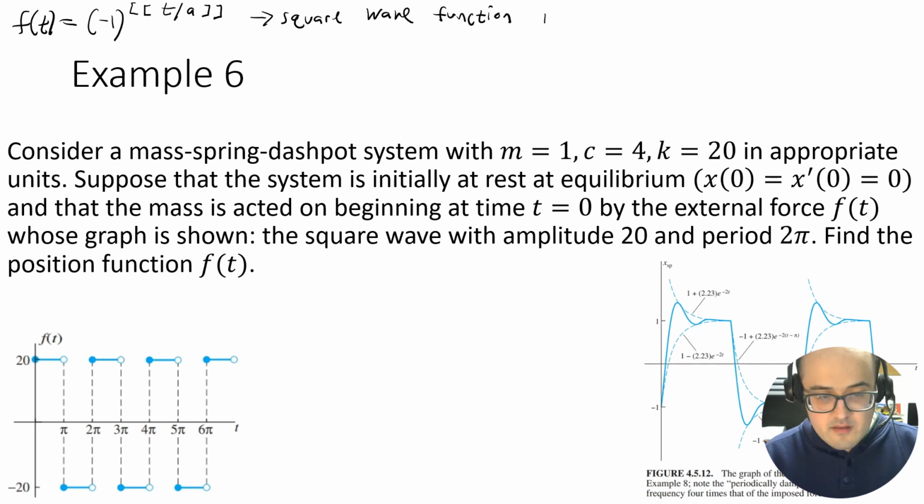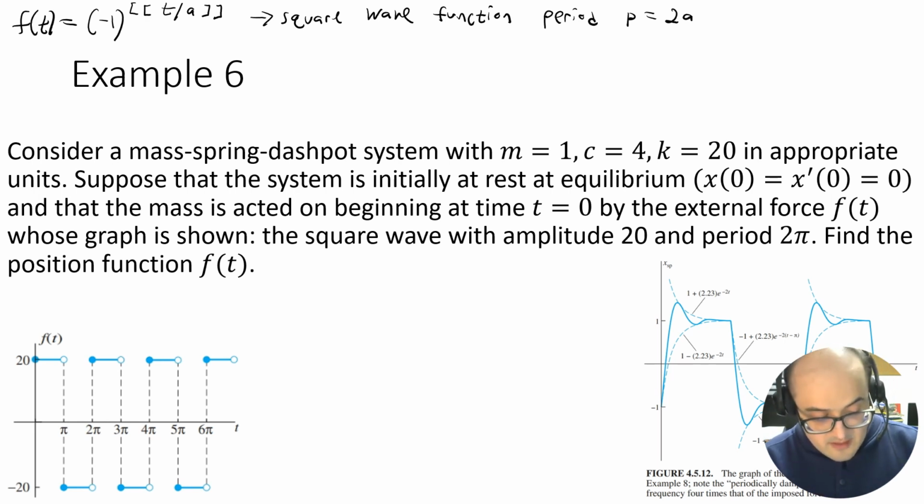And the period p is equal to 2a. So, excuse me, this is not the step function. This would be the greatest integer function. So that's -1 to the greatest integer function involving t divided by a, not exceeding t divided by a. So by theorem 2 that we just saw,